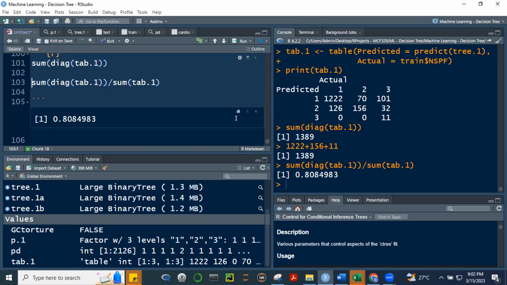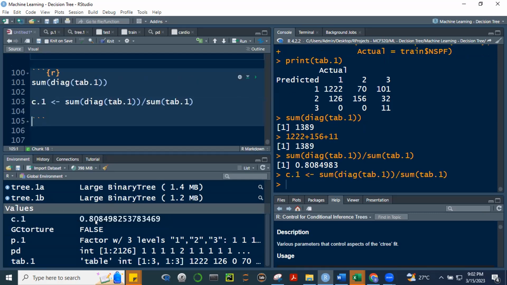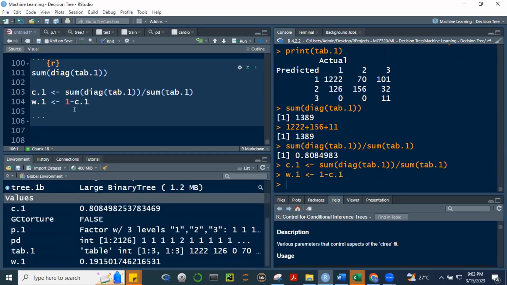Correct, no? Anyway, see that one na lang. See that one, yung correct natin na proportion. Okay, so see that one is 80%. Therefore, ang wrong proportion natin, sorry for the name, hindi na ako makapag-isip. 1 minus C that one lang, di ba? Right? So that's, ay mali. Saan ako? Ayan, 19%.